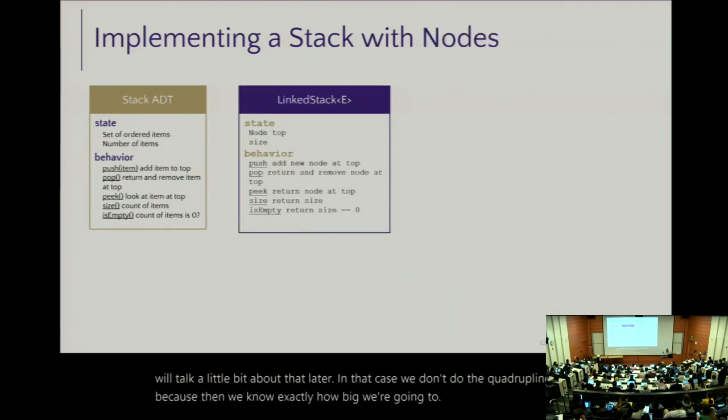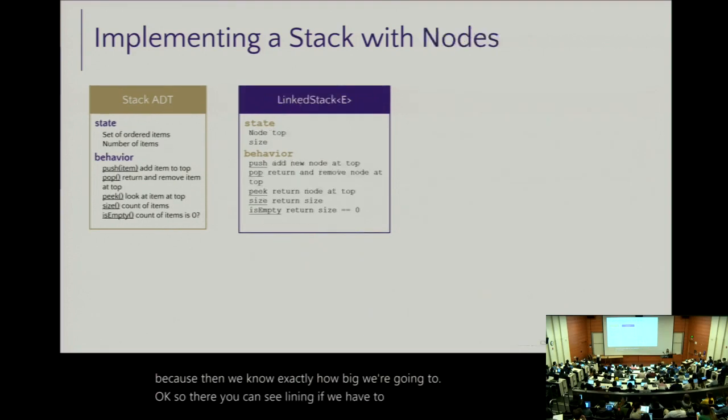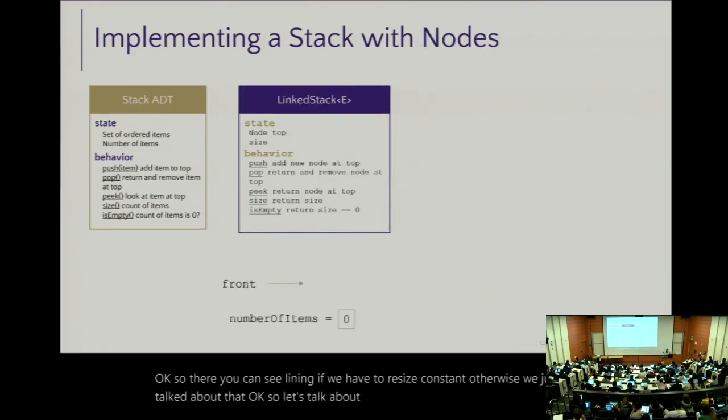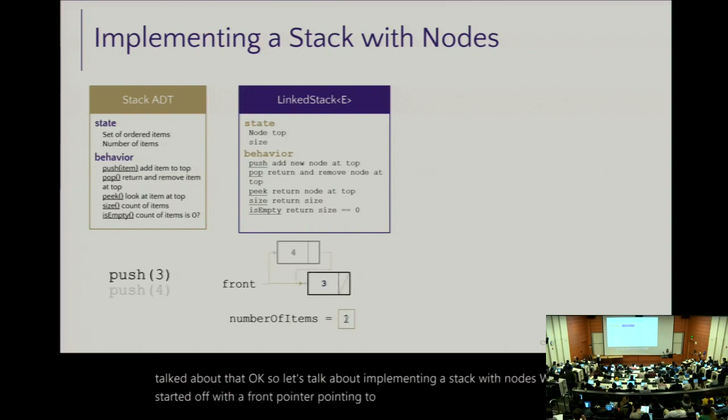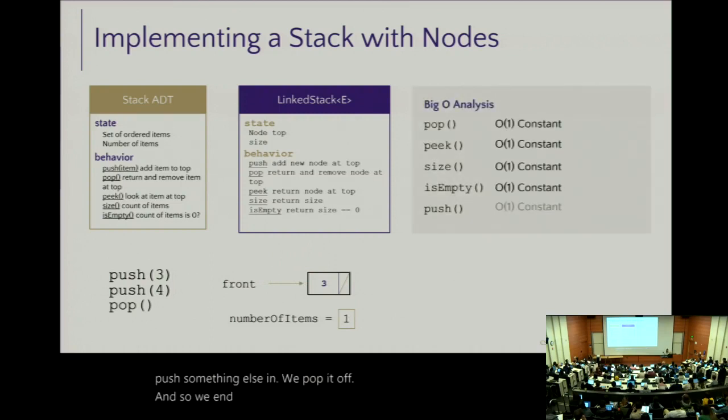Okay, so there you can see linear if we have to resize, constant otherwise. We just talked about that. Okay, so let's talk about implementing a stack with nodes. We start off with a front pointer pointing to nothing. We push something in. We push something else in. We pop it off. And so we end up with this constant runtime just straight up down the line, because